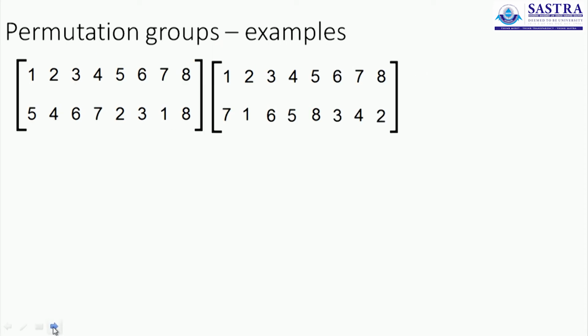This one is a permutation from S8. Now remember what S8 is. S8 is going to have 8 factorial elements. 8 factorial is 720 times 7, no, it's 5040 times 8. That's 40,320 elements in it. We have picked 2 elements out of that. Let's see what the answer is going to be.